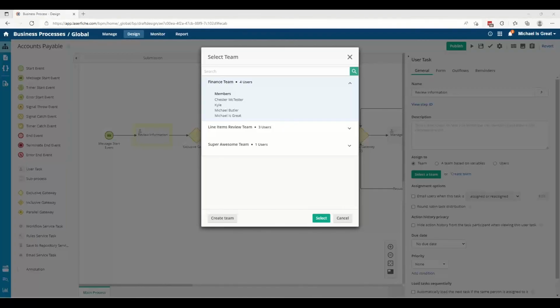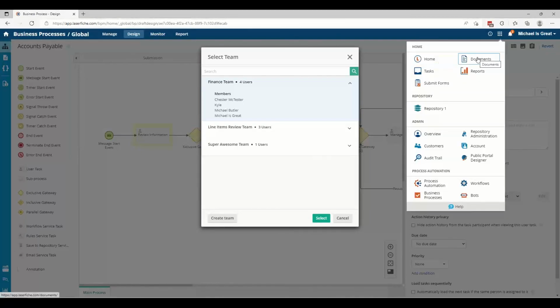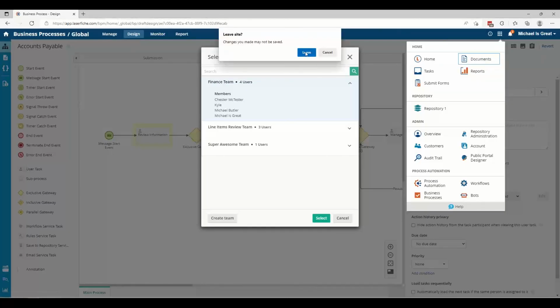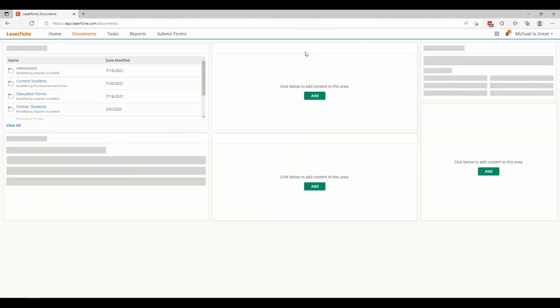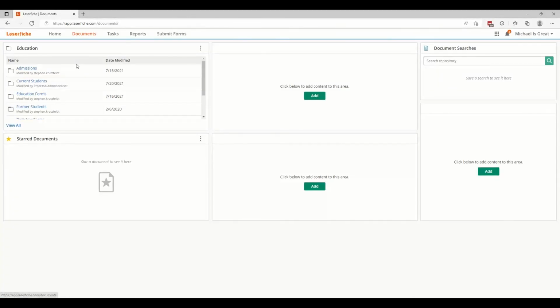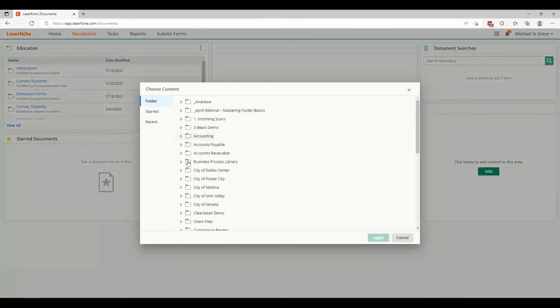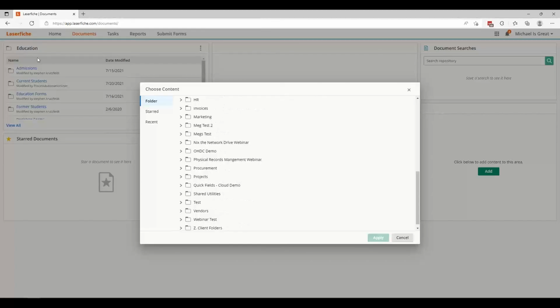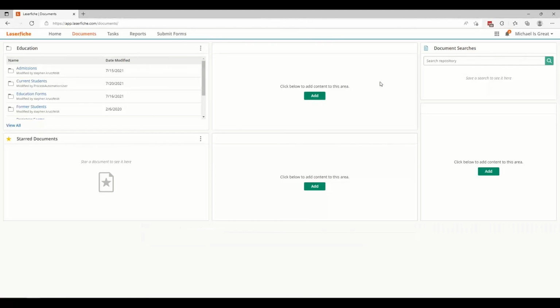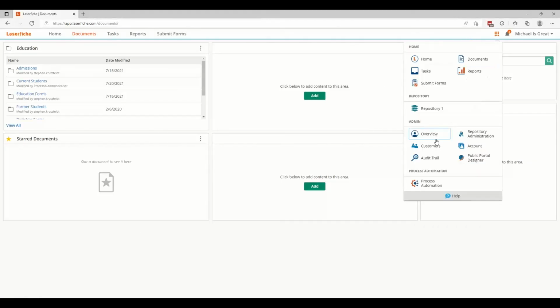We have a question of, is there a way to share actual documents from your repository with the team? The documents are going to be subject to access rights. So the documents that we are able to see here are subject to the access rights within our repository. If we were to go into our repository,